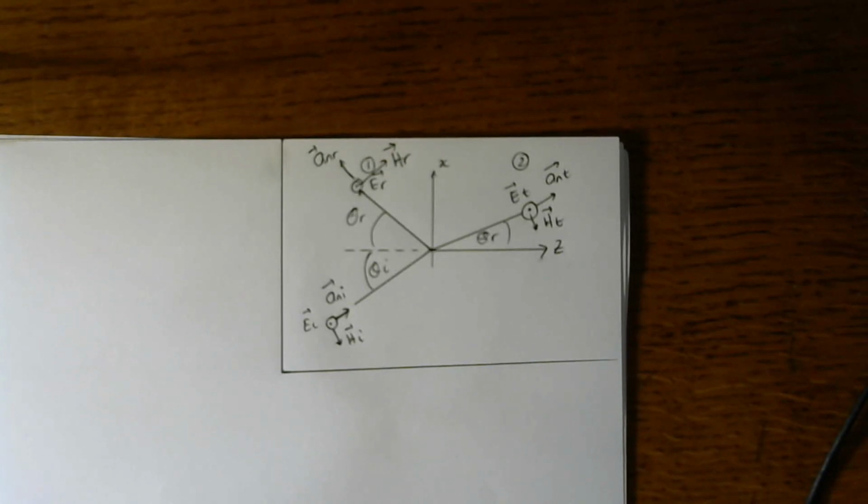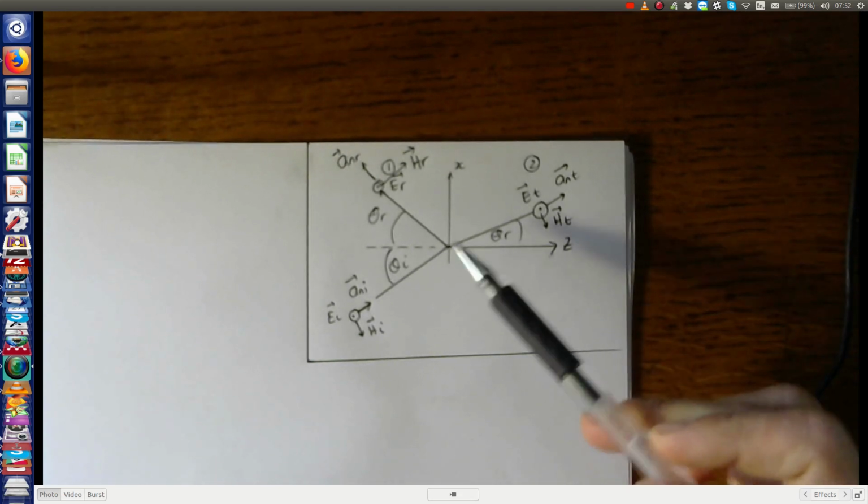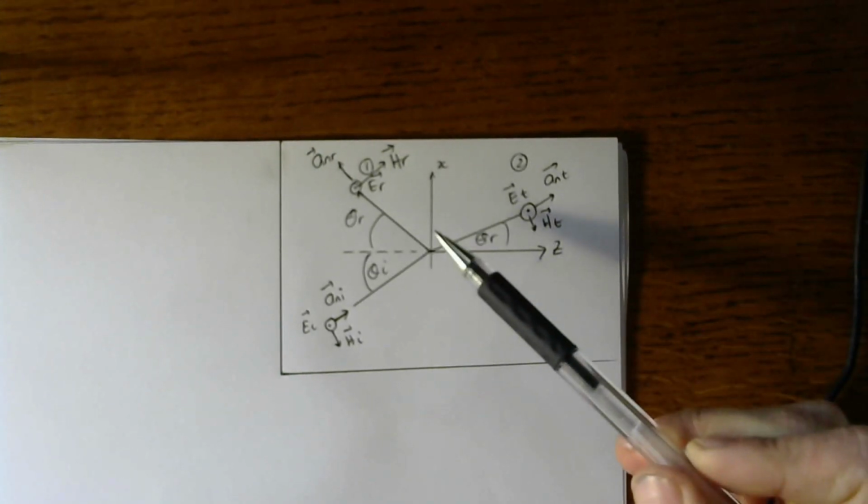Hi guys, I thought I'd make another video to give you some additional information about the way in which plane waves are incident on media from an oblique angle. Okay, so the case that I would like to look at is this case over here,